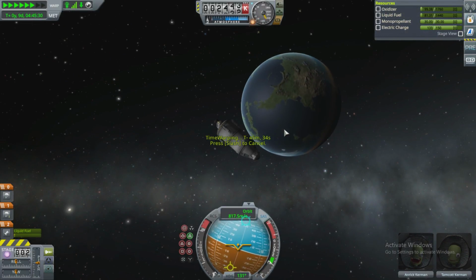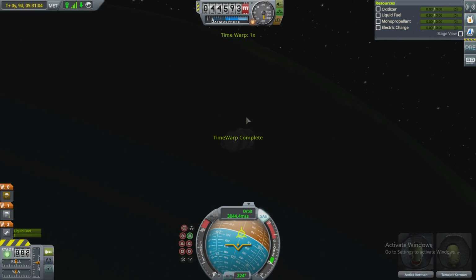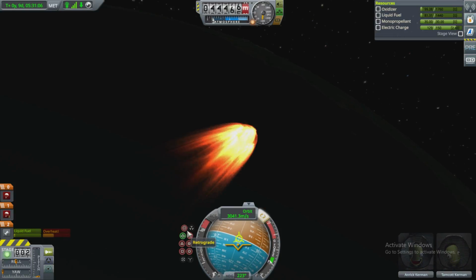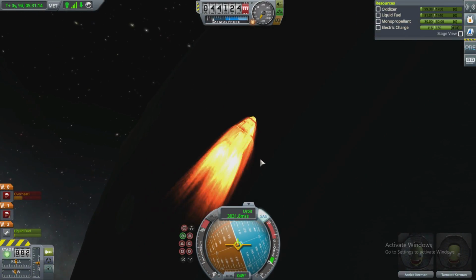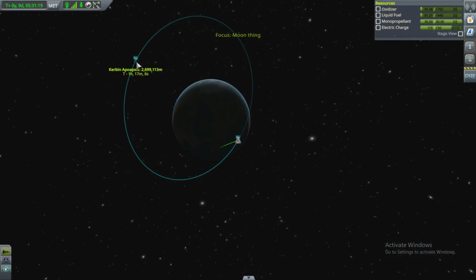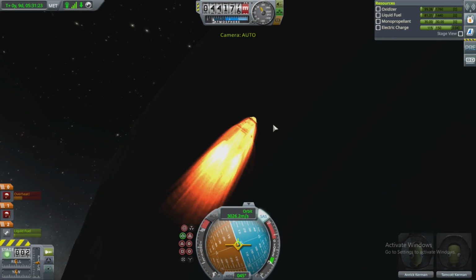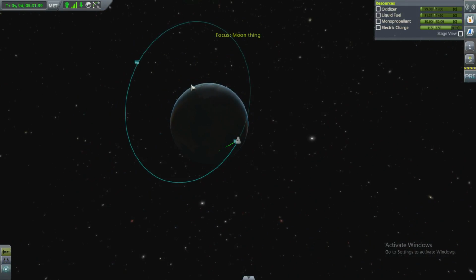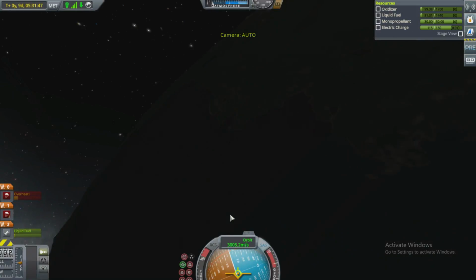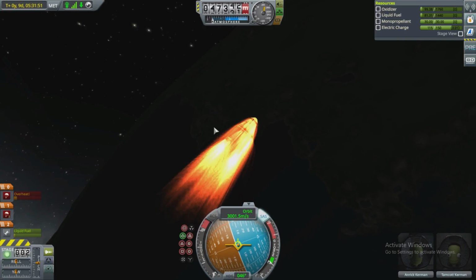I think it should be, because it's slowly getting there. So we're slowing down. You're just gonna be in an infinite loop of just never really going down. So now we're going up again. See, I don't know. I guess I could just burn retrograde up here and that would bring it in, but I feel like we're gonna have too much speed when we enter and stuff,